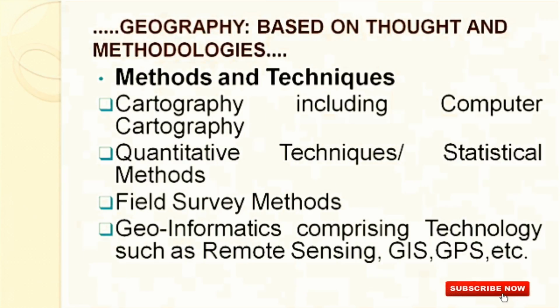Next, geography based on thought and methodologies can be further divided as cartography including computer cartography, quantitative techniques or statistical methods, field survey methods or geoinformatics comprising technologies such as remote sensing, GIS or GPS, etc. These methods and techniques are basically used to collect the data, to interpret the data and